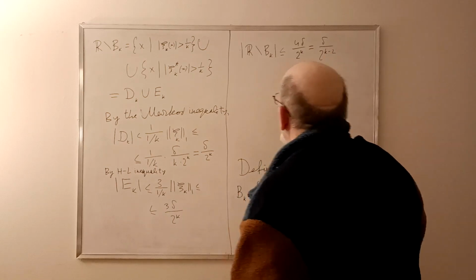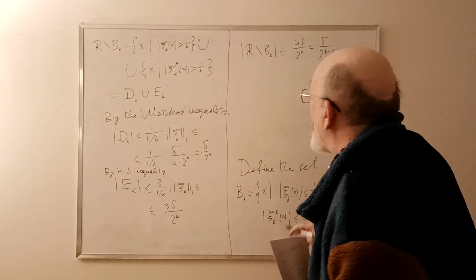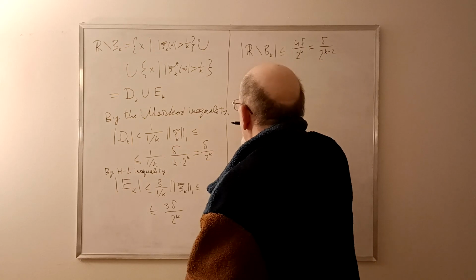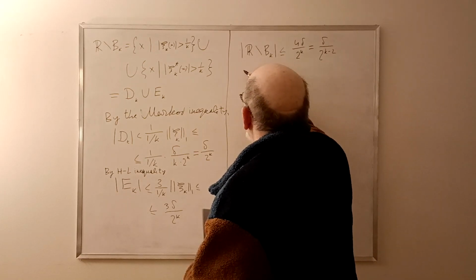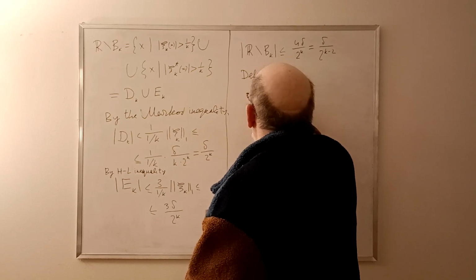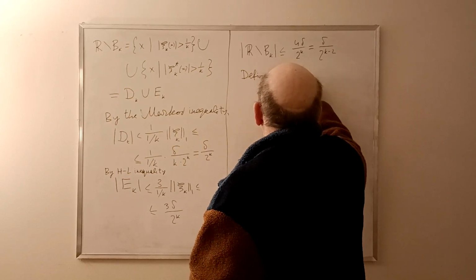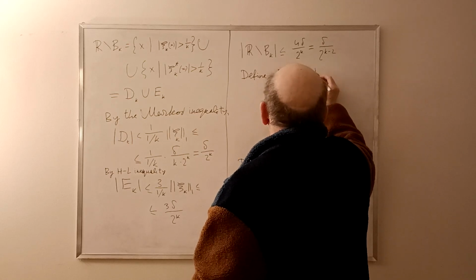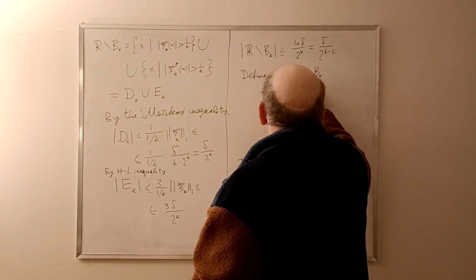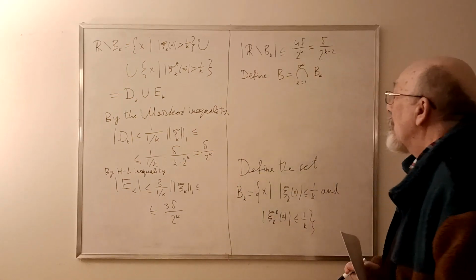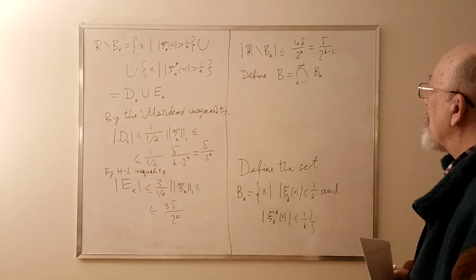We can write this way. And now let us write, define B equals intersection of all BK, from 1 to infinity. B is the set,